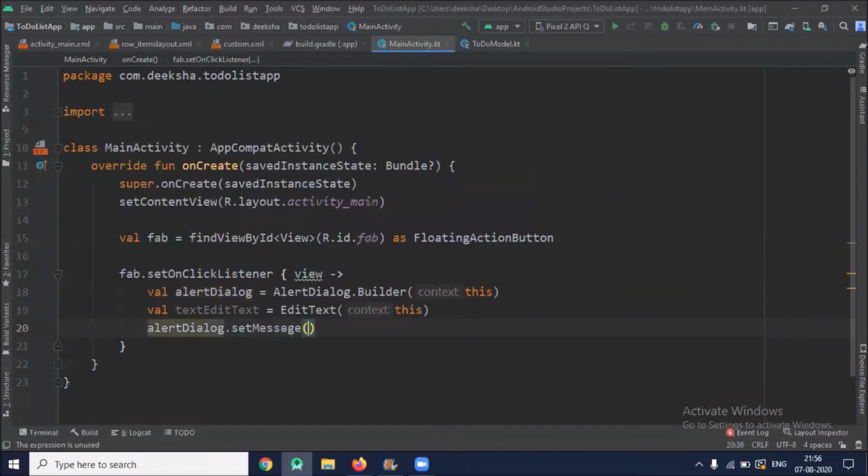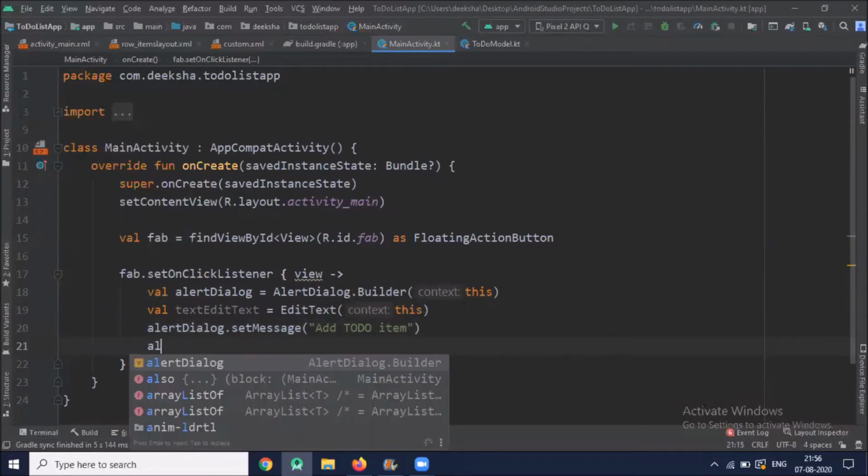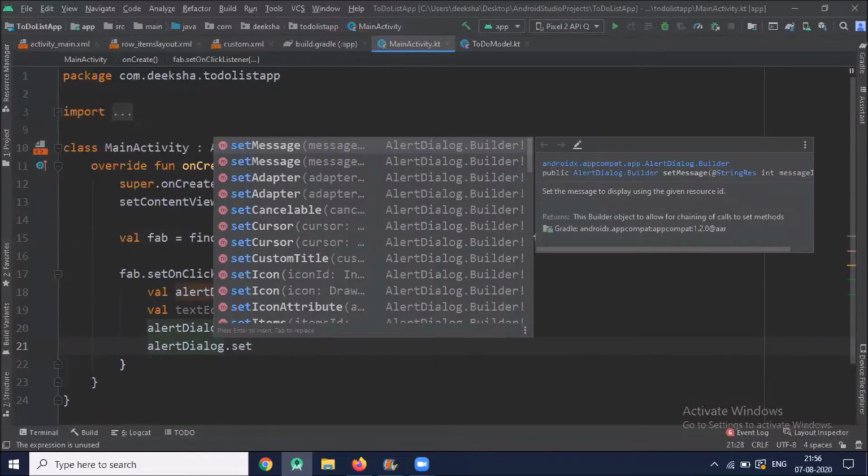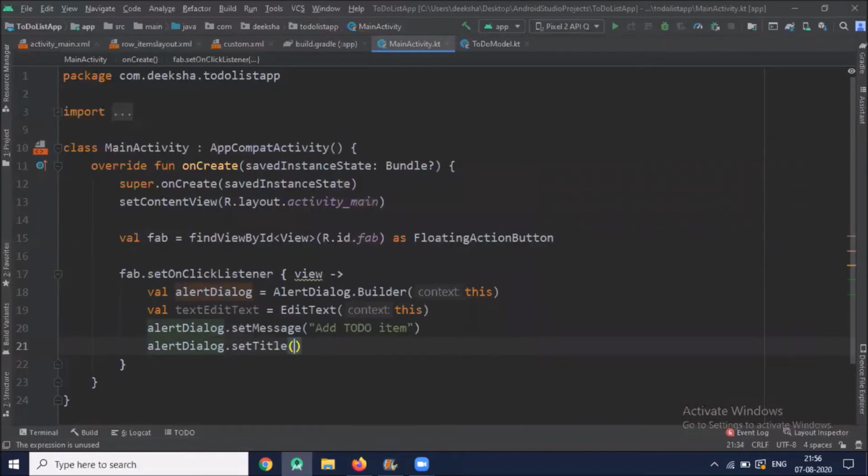Set message and to do item. Then we set the title.